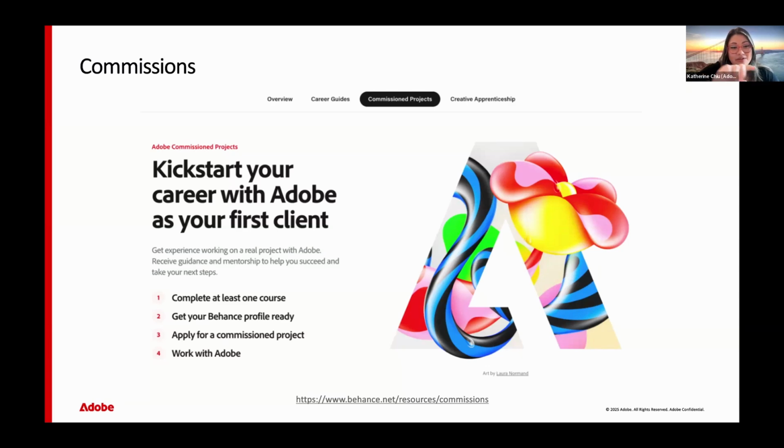And as you can see, here are the quick steps that you're going to take in order to apply to those projects. So you're going to have to go to that career guide hub, and you're going to complete at least one course there. We have a ton of different courses on a lot of different topics, and they range anywhere from 30 minutes to 90 minutes, from how to create a portfolio project to how to freelance and develop your client base.